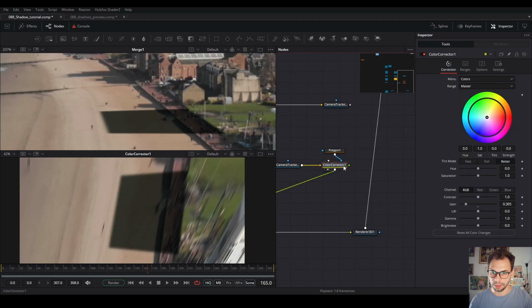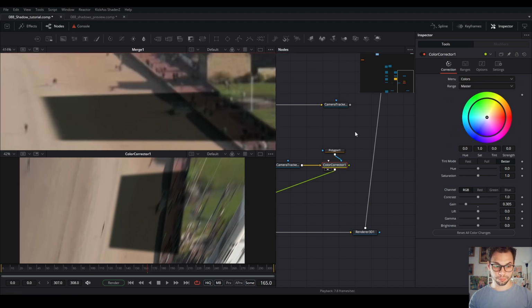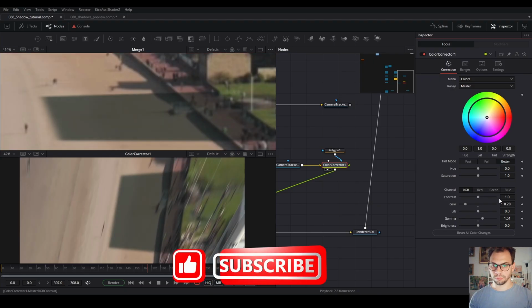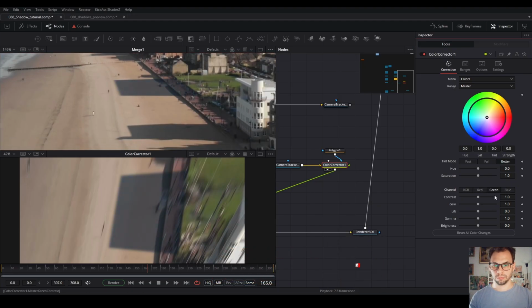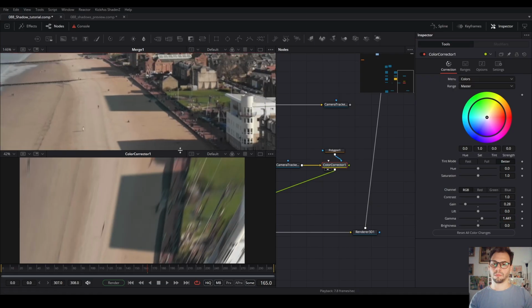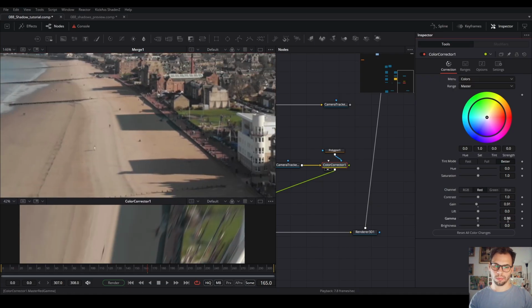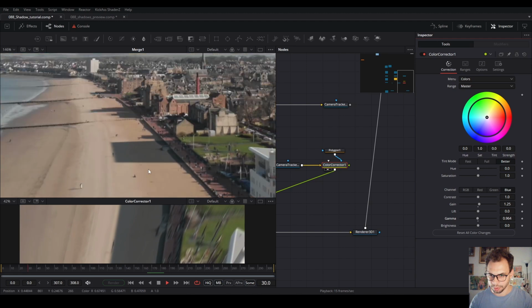So now it's the tweaking process of this shadow. All right, I reached some point